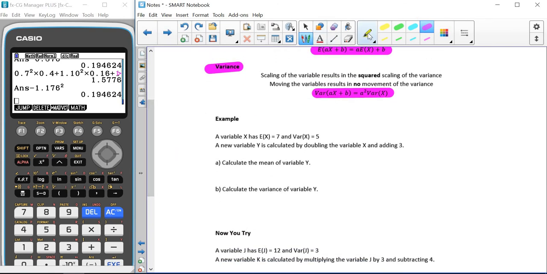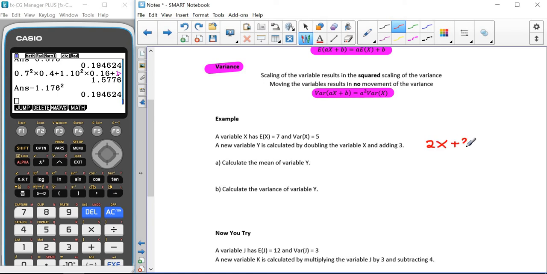So when we have a look at our example, we have a variable x which has a mean, our expected value, of 7, and a variance of 5. We've got a new variable y, which is calculated by doubling x and adding on 3. That means that we have 2x